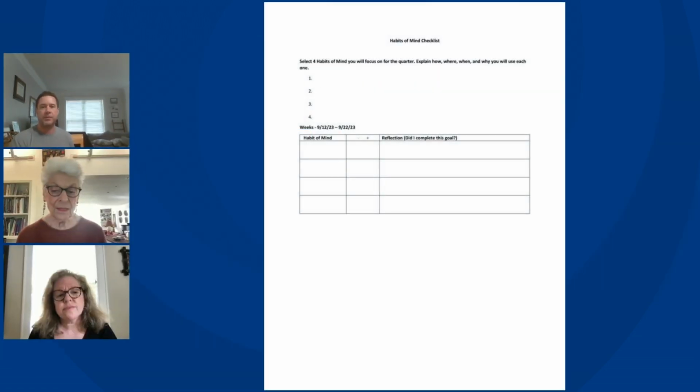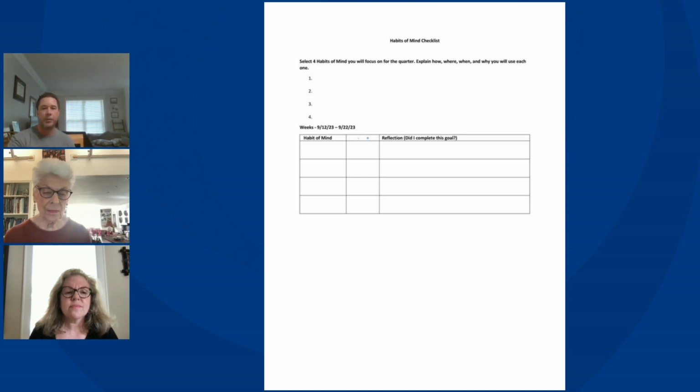Yeah. So there's a habits awareness checklist. If we could bring that up, if that's available to pop up on screen. Wonderful. Great. So what this checklist does is it allows students to explore habits on their own. So we have our class habits that we follow, class habits of mind and expectations for the year. But then it also allows them to explore on their own.